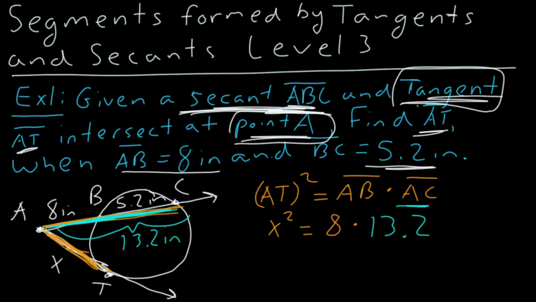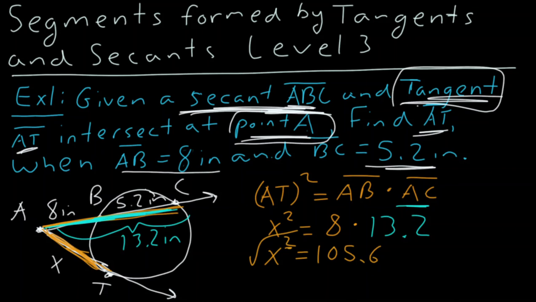Switching back to my UT burnt orange, now we have X squared equals, and we want to grab our calculator and ask ourselves, what is 8 times 13.2? It appears that that would be 105.6. And now we're just one step away from having X by itself. How do we get rid of this square? Ask yourself, what's the opposite operation? And to get rid of a square, we want to take the